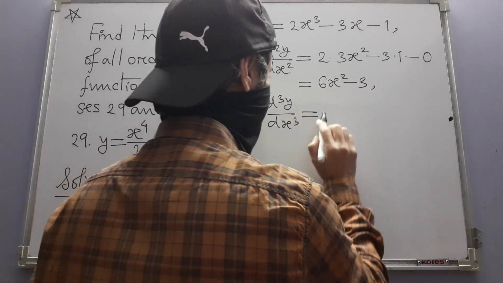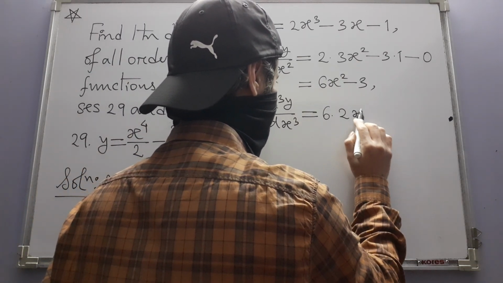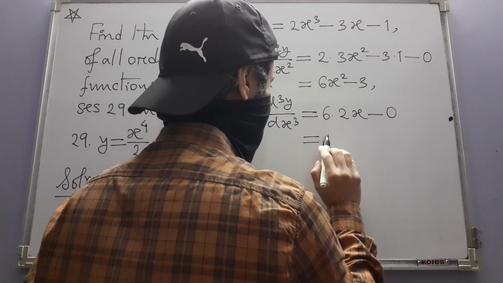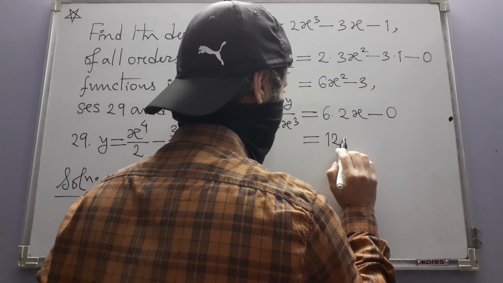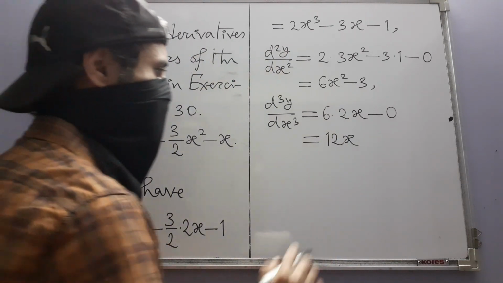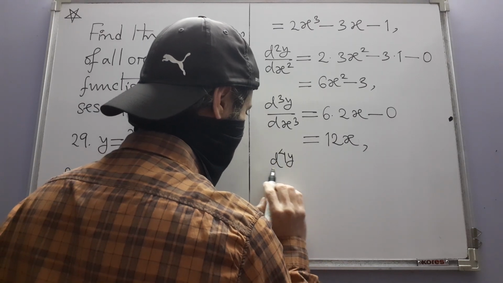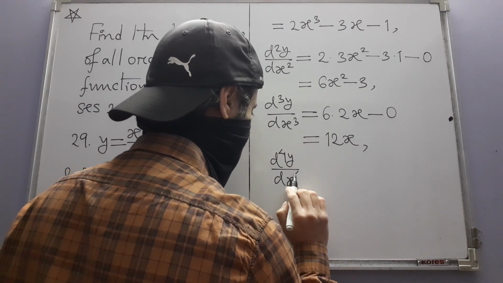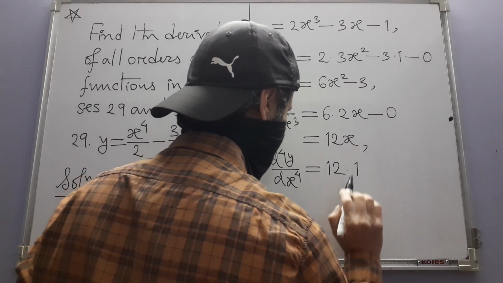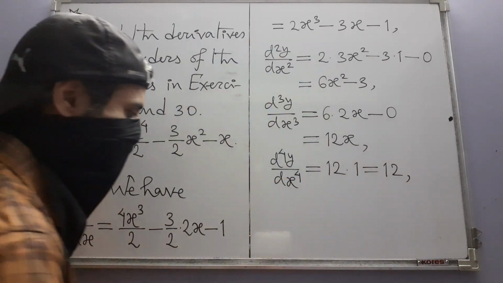So differentiating once more, we get 6 times, what's the derivative of x square? 2x minus 0. So the next polynomial is a linear polynomial, 12x. Then the fourth derivative. This is 12, because 12 times 1, and then